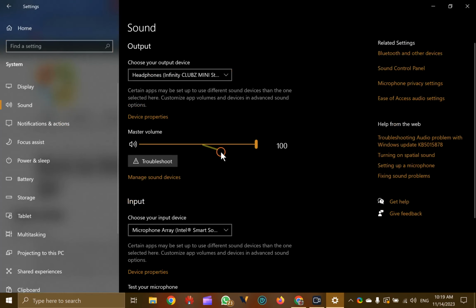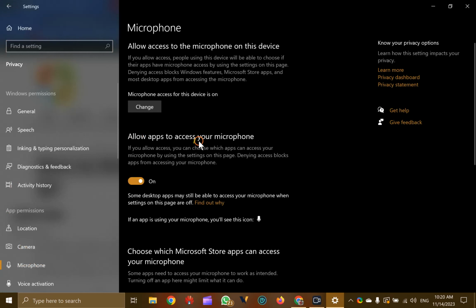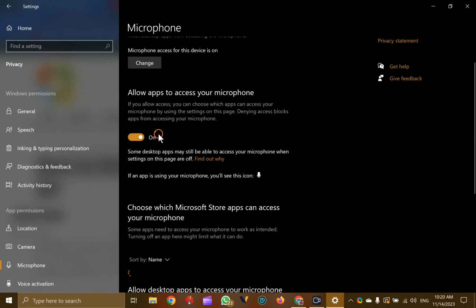Last one method is through settings app, but it is for different purpose. So now let me proceed. Press Windows plus I key on your keyboard to open the settings app, and here click on this one privacy option. On the left you will find microphone. Click on this one. On the right you will find this one toggle switch.